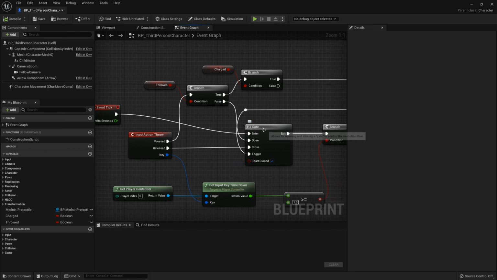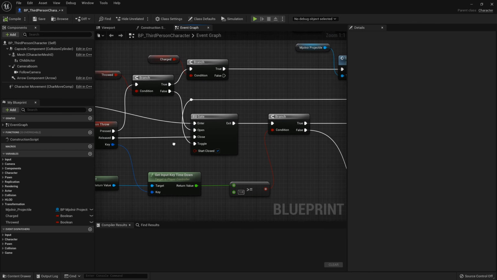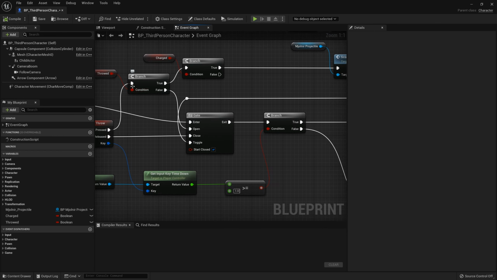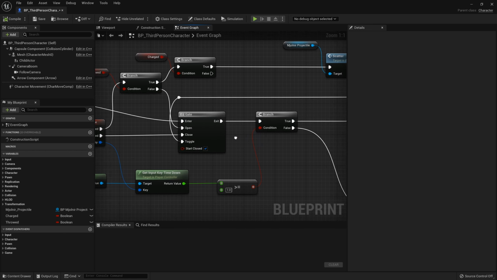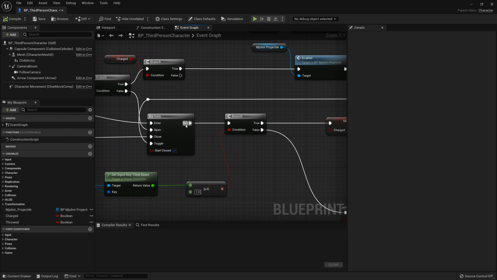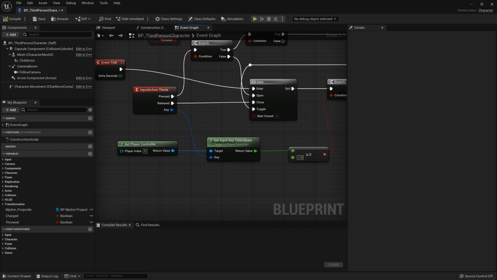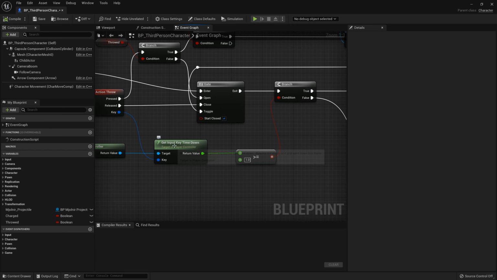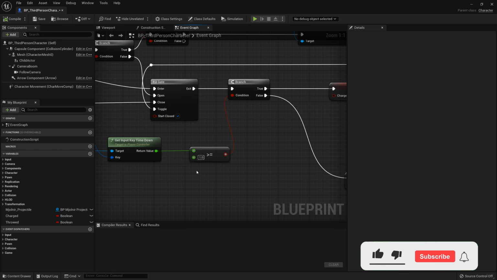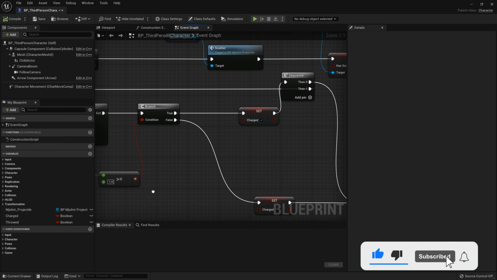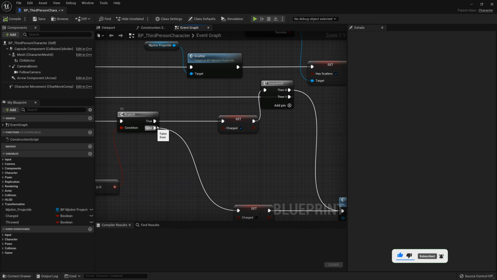Add a gate node. Connect its enter with the event throw. Throw pressed to open. Throw released to close. Exit. Get player controller and get input key time down. If the time is greater than 1 second, set the charged true, and